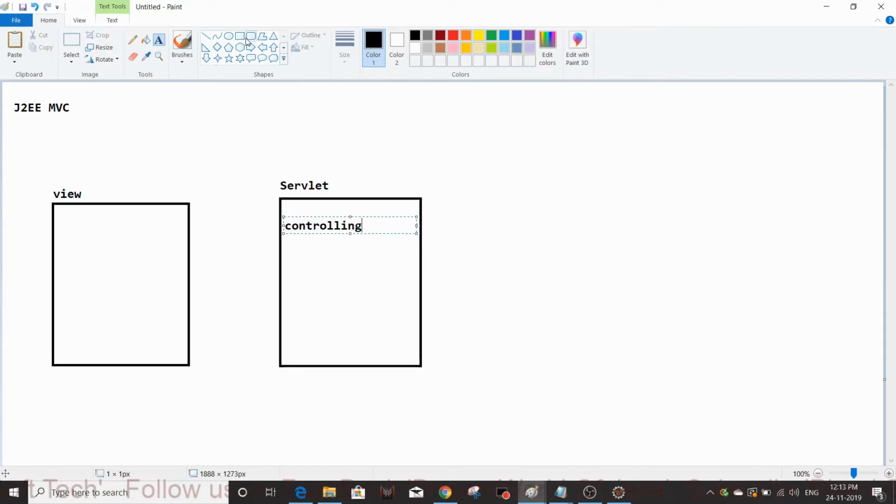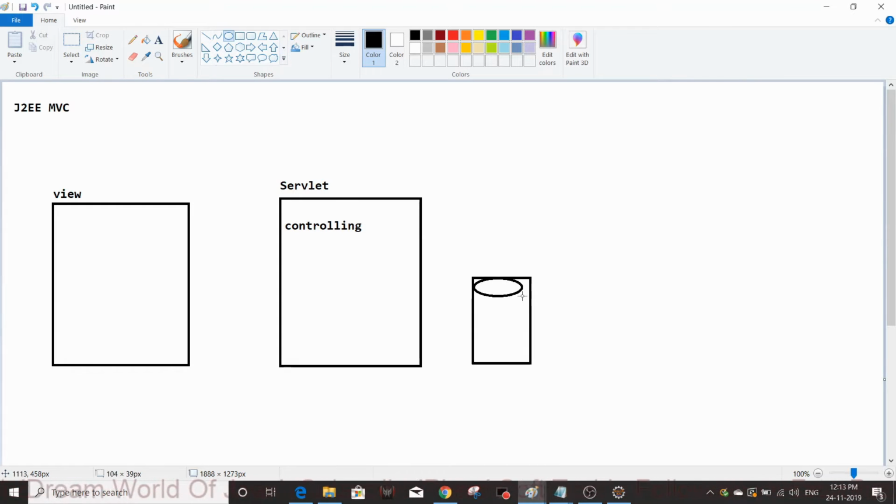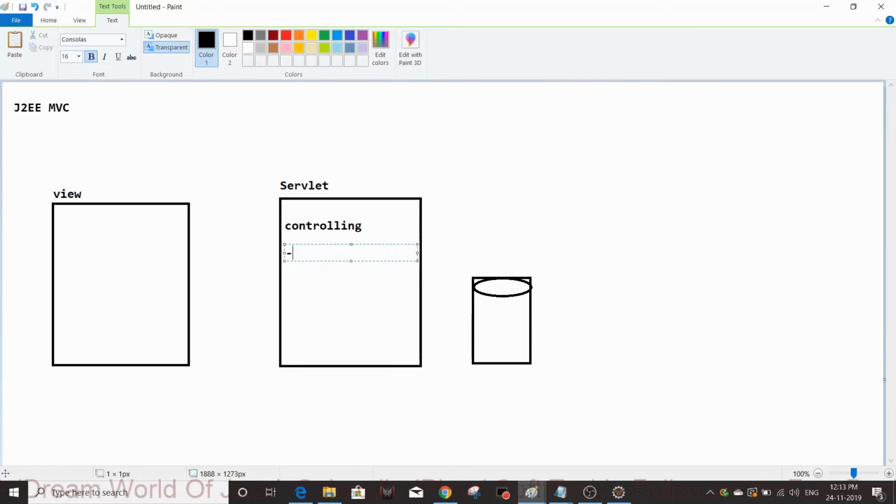This is my database. First I'm getting the data from the UI and storing it into the database. That is called controlling as of now. After controlling, if any business logic is required, we need to perform it here itself.